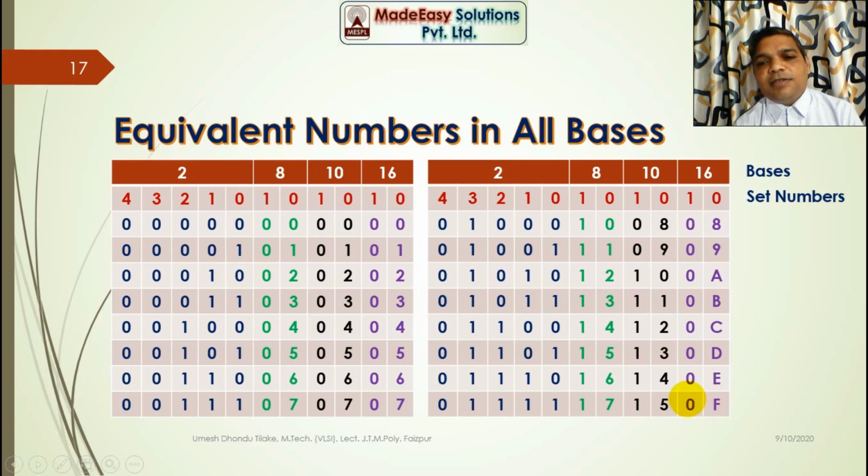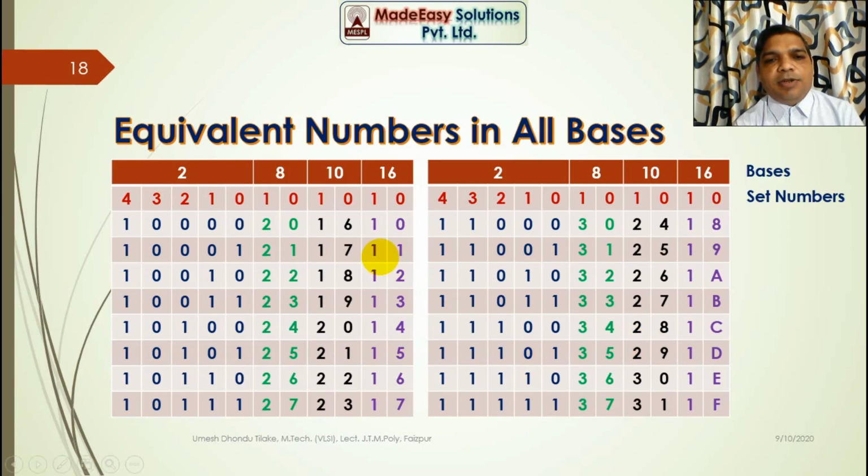Now after this in set 0 again digits are repeated from 0 to F, and in set 1 the next digit to 0, that is 1, will be used. So after 0F, 10 will be there. See over here, 10 is there. So now again all the digits are used in set 0, 0 to F, and 1 is used in set 1 and kept constant until F. So hexadecimal numbers are also written correctly.